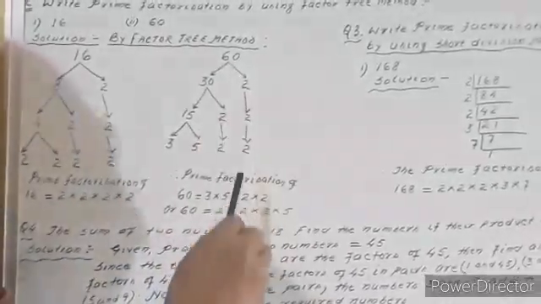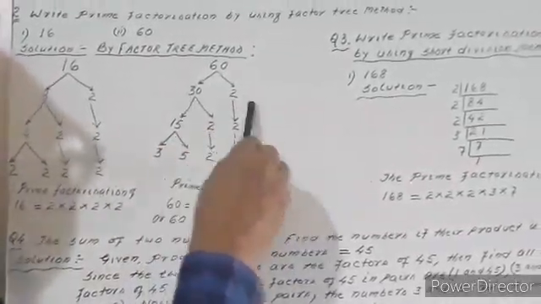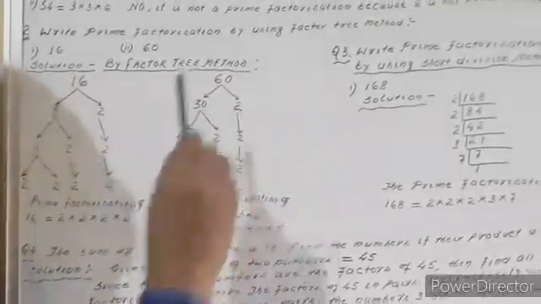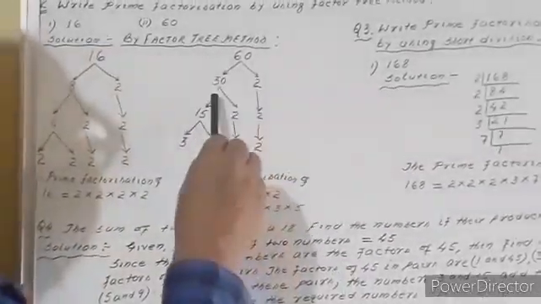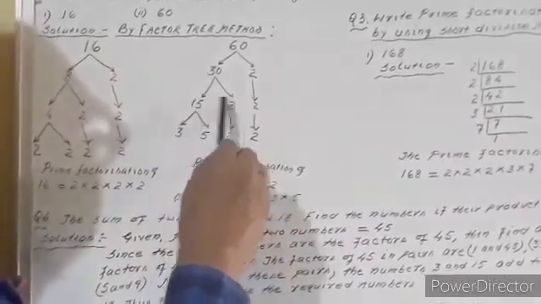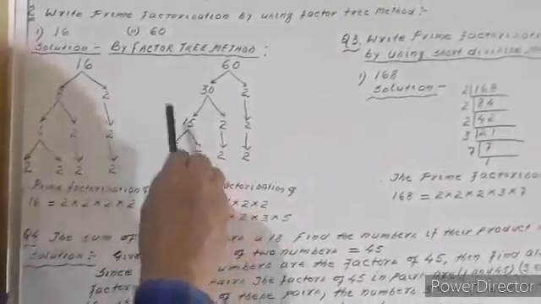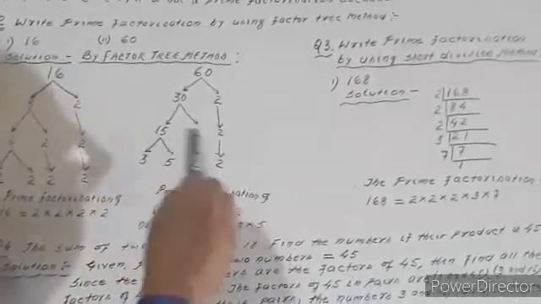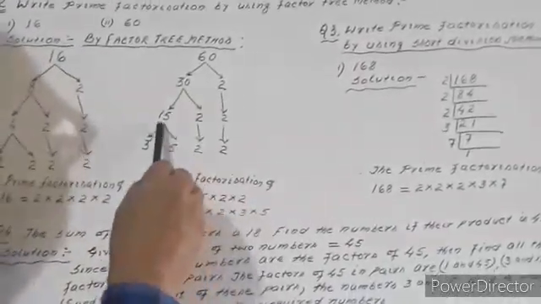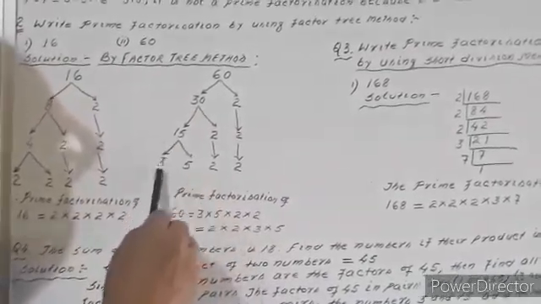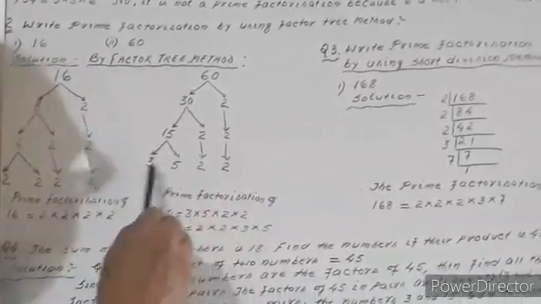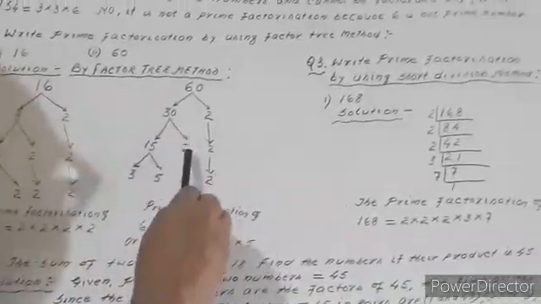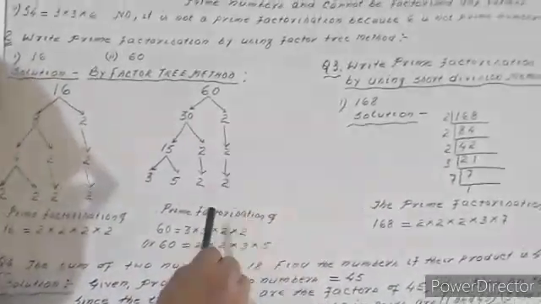Here is another example. You split the number into a product of a composite and a prime. So 30 into 2 is 60. Again 30 is further split as 15 into 2. So 15 is a composite number and 2 is a prime number. So 15 into 2 is 30. Again I am going to split this 15 into a product of 3 into 5. Those two are prime numbers, and these numbers which you have already taken,